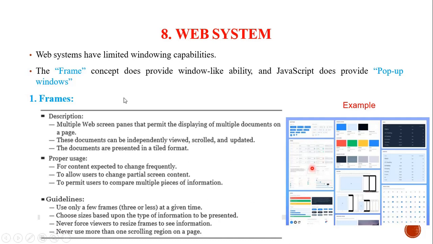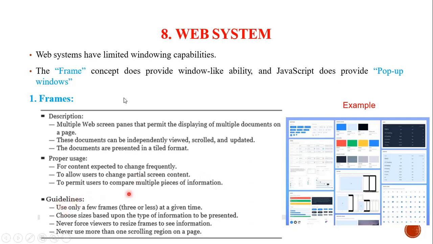Suppose you want to change a certain portion of the screen, or the contents have to be changed, you can do it very easily in the case of frames, and it also permits users to compare multiple pieces of information. At a time on the screen, if you want to compare the information presented in one frame with another frame, then you can go for frames. At a time you can view two windows or three windows or four windows, and these windows are nothing but frames here.